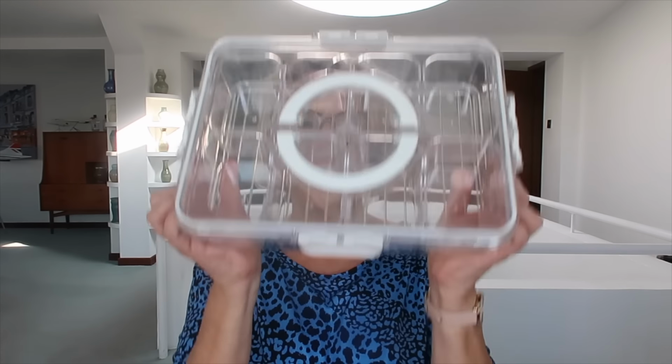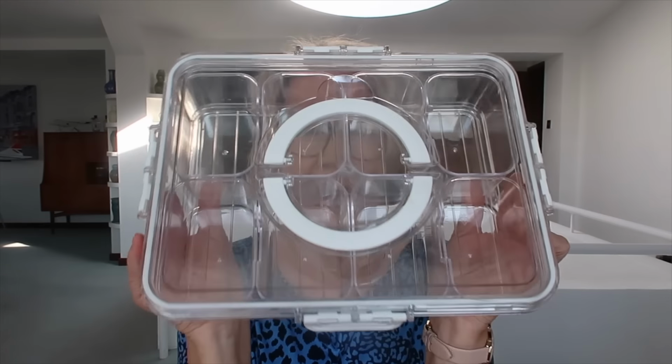Okay, next we have this. People have been talking about these on TikTok and possibly YouTube. They were doing them in Aldi and I missed out on them. I went to Aldi and they didn't have one, but I love this idea. It is an 8-compartment